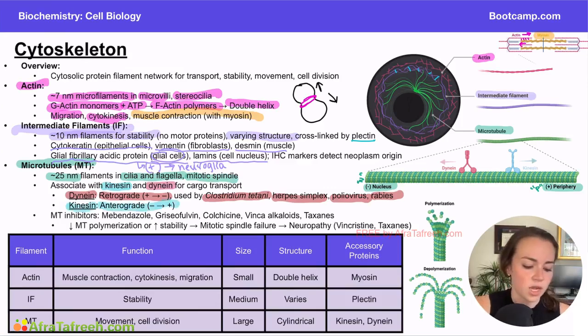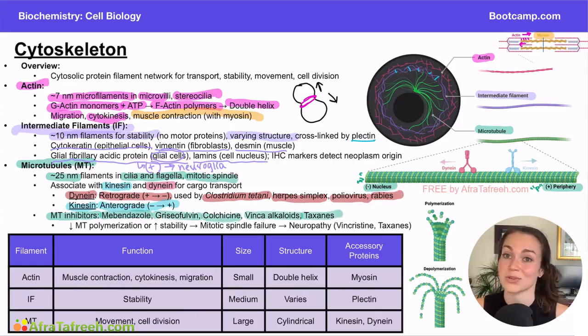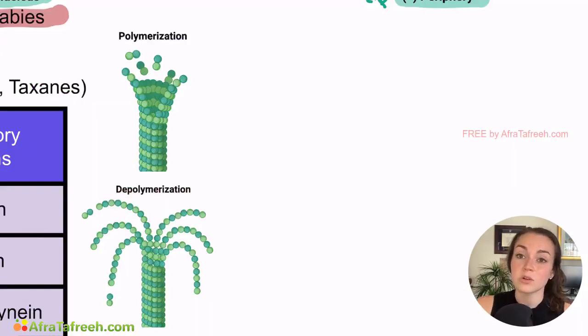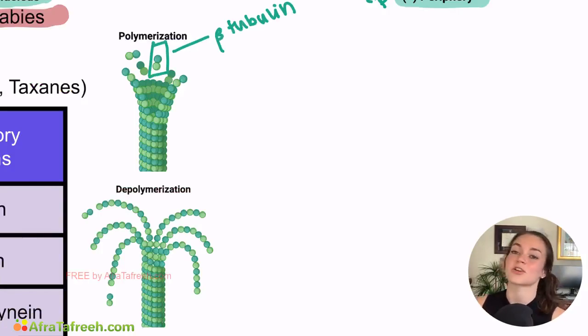Now, there's a class of drugs called microtubule inhibitors. This includes mebendazole, griseofulvin, colchicine, vinca alkaloids, and taxanes. So there's quite a few of them, and they run the gamut between anti-helminthic, antifungal, anti-gout, anti-cancer. And in order to understand how these work, it's important to understand the structure of a microtubule in a little more granular detail. Now, microtubules are made up of these dimers called beta-tubulin, and microtubules are famous for getting longer